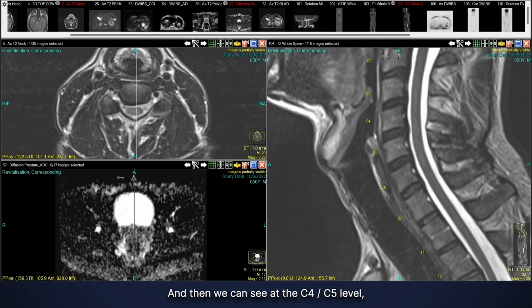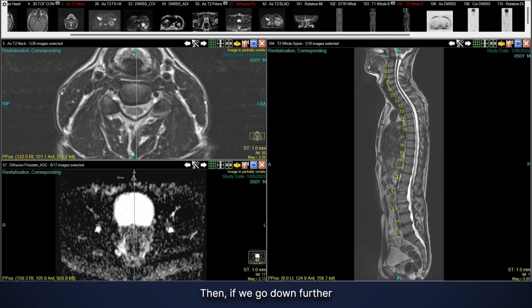And then we can see at the C4-5 level, we have a shallow disc bulge going posteriorly, but the fluid is preserved between the spinal cord and the disc. So we know that there's no cord compression or any kind of neural impingement in this case. Then if we go down further